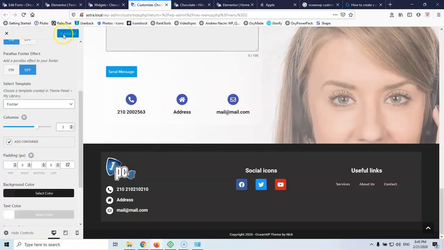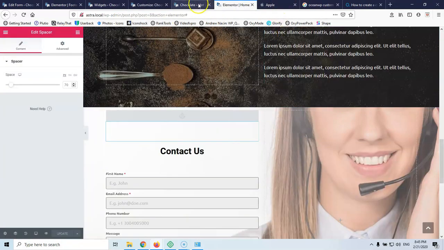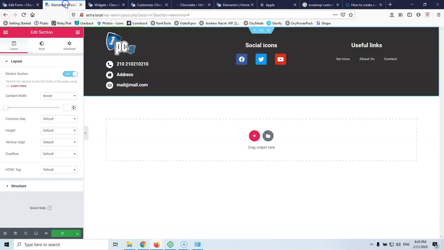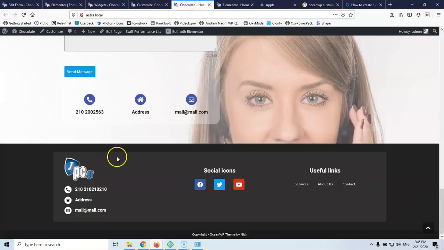And also in the customizer, I have already published it. Let's go and refresh the page here. Where is it? Here. Okay, it hasn't picked up the top and bottom padding, and also it's not saved yet, this